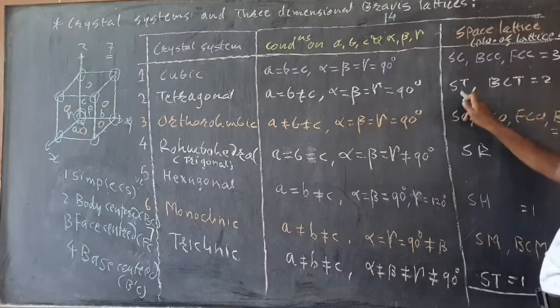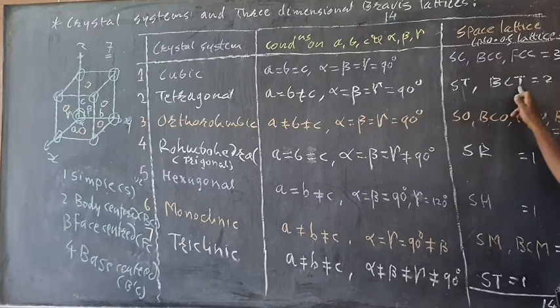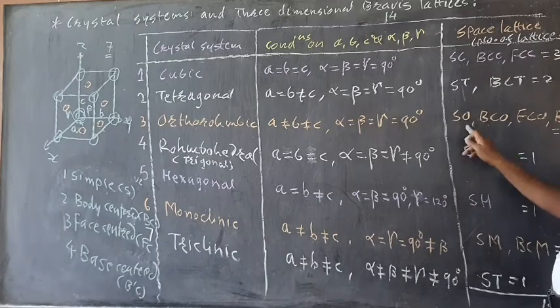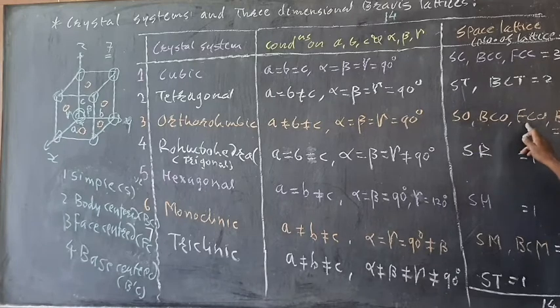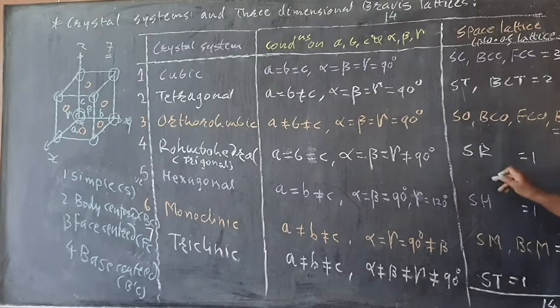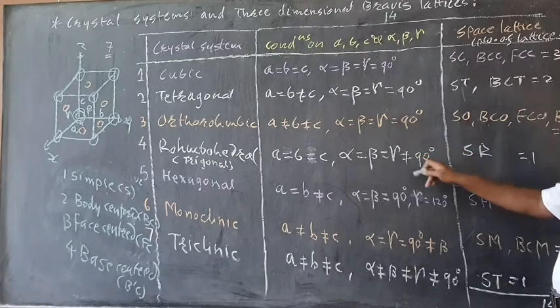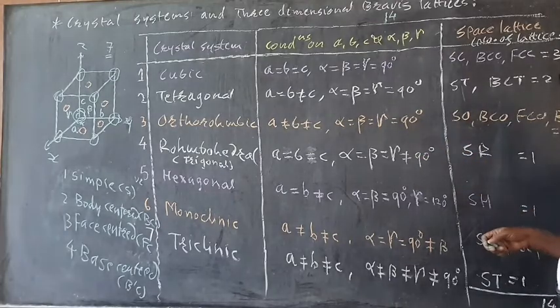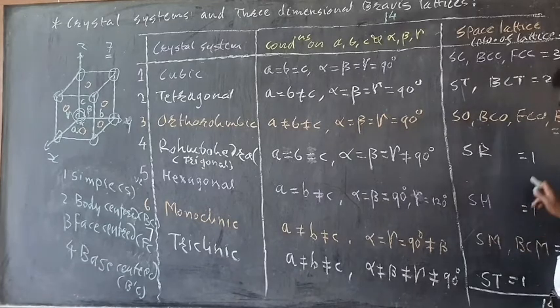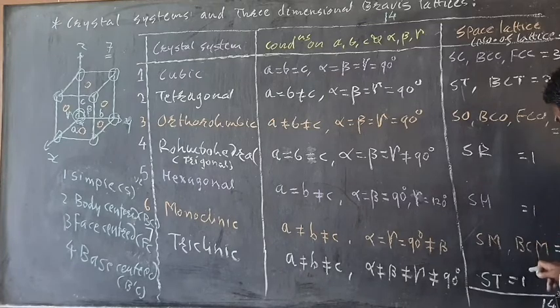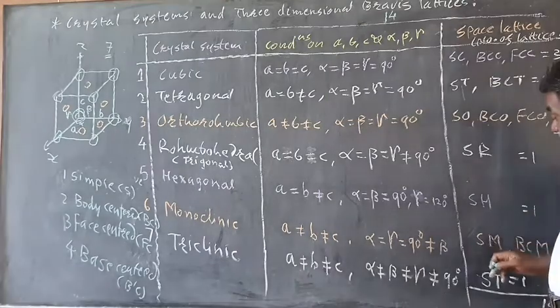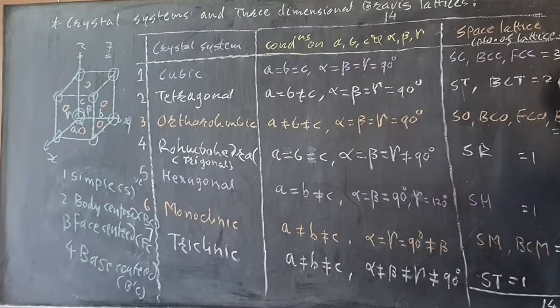In the tetragonal case, we are getting simple tetragonal and body centered tetragonal, only these 2. Next, orthorhombic: we are getting all the cases, simple orthorhombic, body centered orthorhombic, face centered orthorhombic, and base centered orthorhombic, that is 4. In the rhombohedral case, we are getting only the corners occupied with atoms, so that is 1. Here also only the corners are occupied by the atoms, and in the remaining cases, 3, 2, 4, we are getting extra atoms.